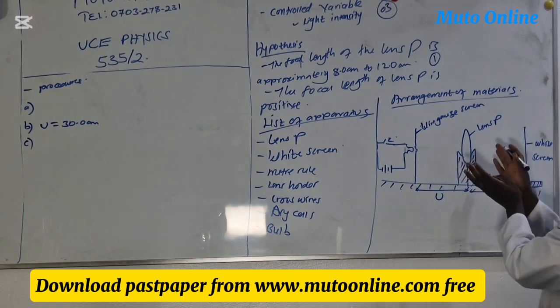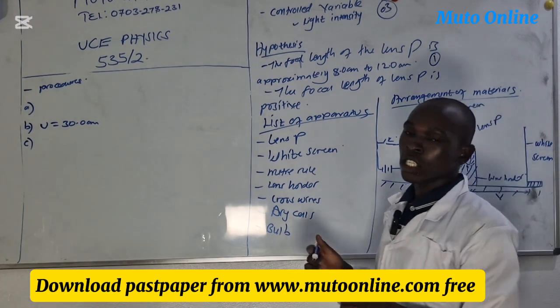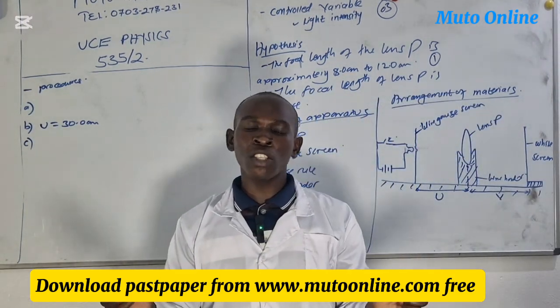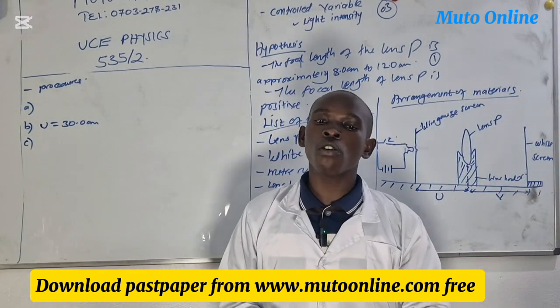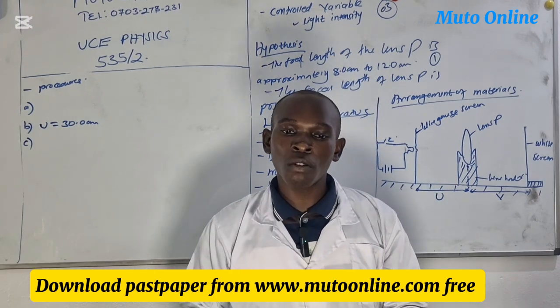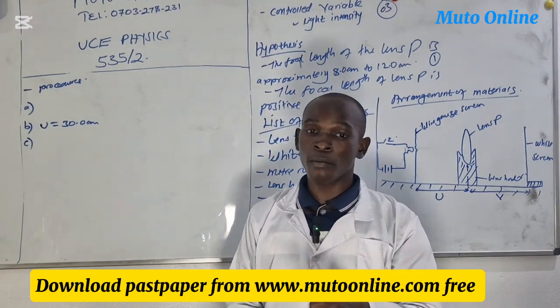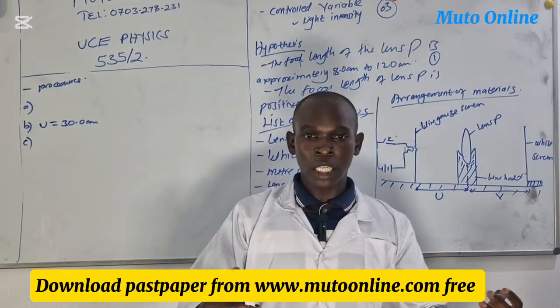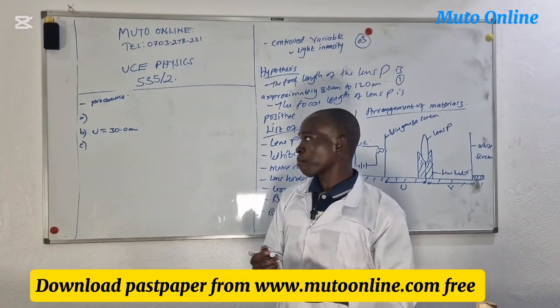And since this is a convex lens, it is still called a converging lens. So it will try to converge all light that is incident on its reflecting surface into one point to form an image, as we are going to see practically. Now,